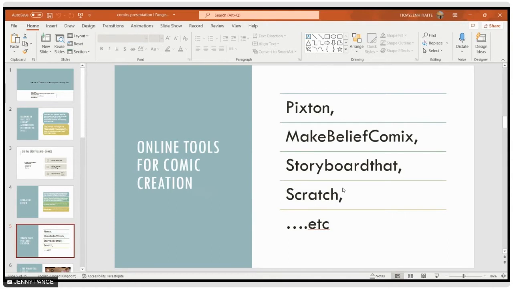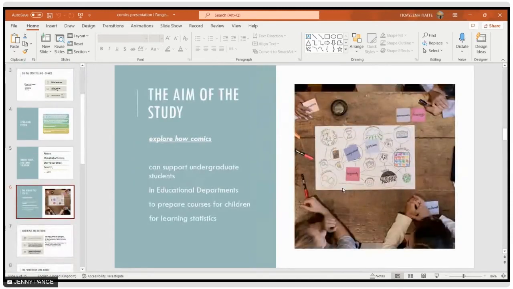We start from Pixton, Make Beliefs Comix, and Storyboard That, and after that we go to Scratch, because Scratch needs more ideas, needs a logical way of teaching, and also has to do with programming languages.